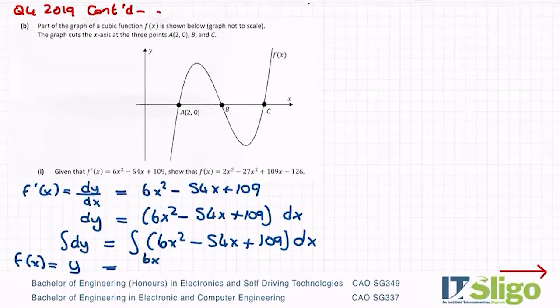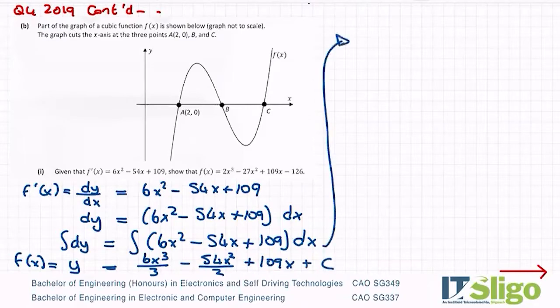So 6x, increase the power by 1, divide by the new power. Increase the power of x by 1, divide by the new power. Increase the power of x by 1 plus c. Okay, I'm just going to go up here to finish it. So let's tidy it up. So 3 into 6 goes twice. So I'm getting f of x equal to 2x cubed